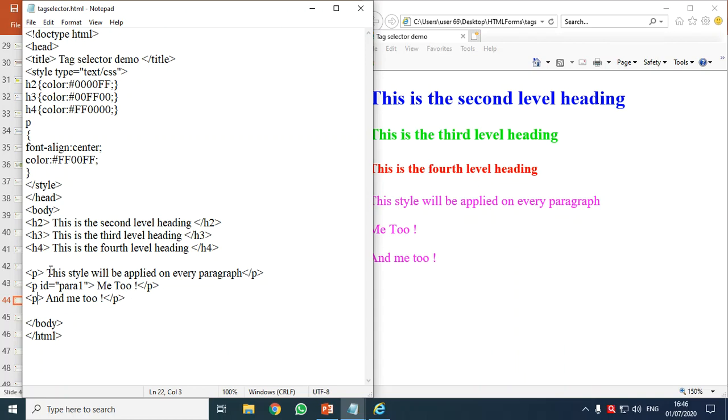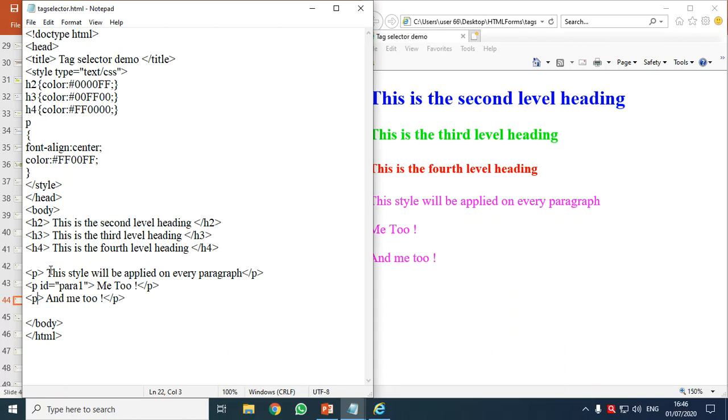So to give a unique or different name to each of our tags, we introduce classes and IDs in our CSS. So we can give our tags a different name by using the class attribute as well as the ID. Slowly we'll understand the difference.